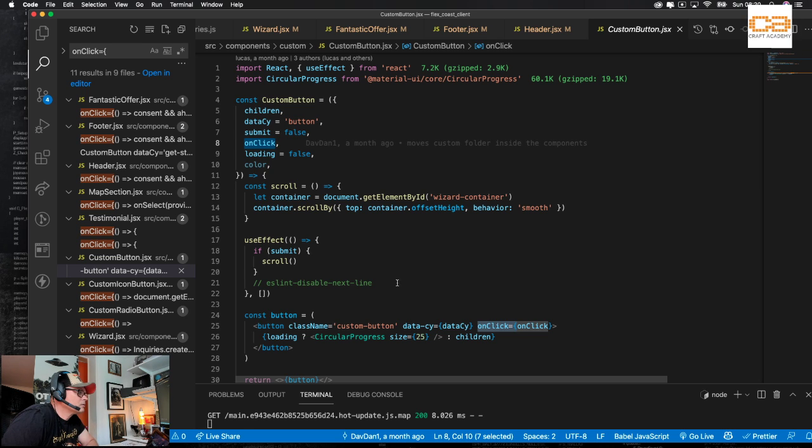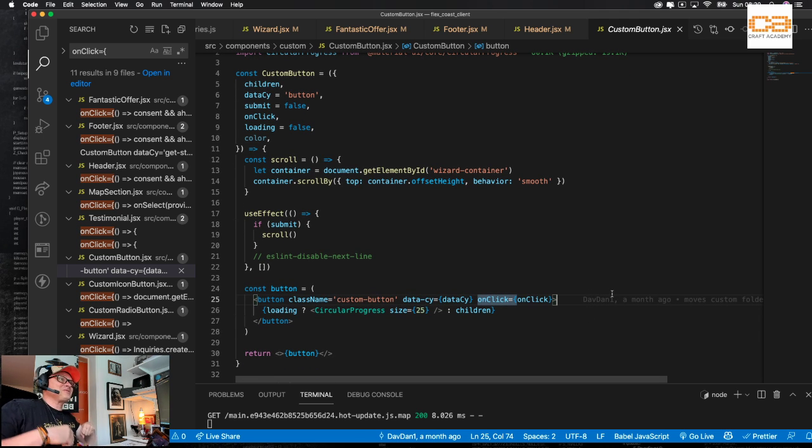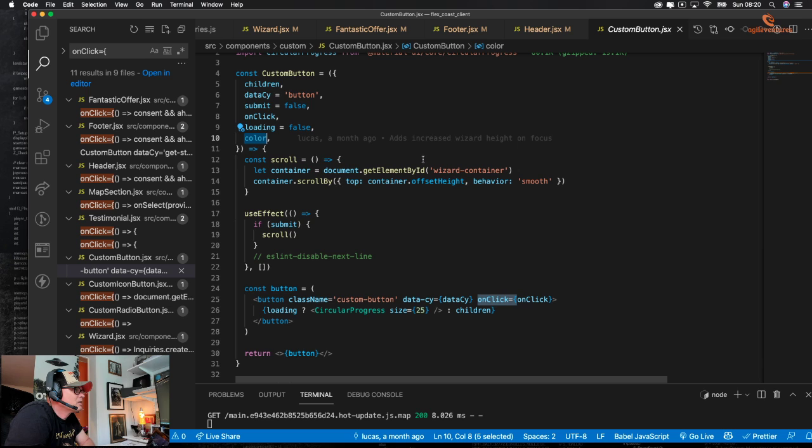Yeah, I know. And I'm so grateful that I have this extension showing who wrote this, so you guys don't think that I did. The fuck. Right. And we have an unused thing. Increase with the height and focus. Right. Loading. Right. Custom class name, custom button. That is the way. Right. Yay. Gonna need more coffee.